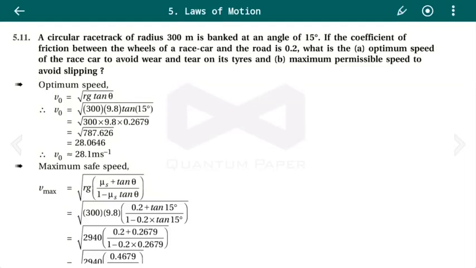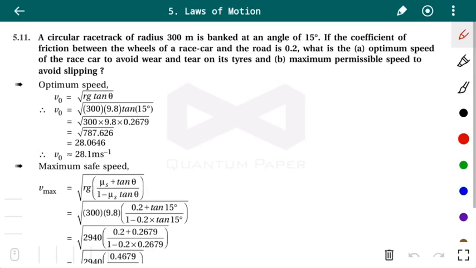In this video we are going to solve textbook illustrations of chapter number 5, Laws of Motion. Illustration number 11. A circular racetrack of radius 300 meter is banked at an angle of 15 degree. If the coefficient of friction between the wheels of the race car and the road is 0.2, what is the optimum speed of the race car to avoid wear and tear of its tires and the maximum permissible speed to avoid slipping? That means here we need to find the optimum speed as well as the maximum permissible speed, that is